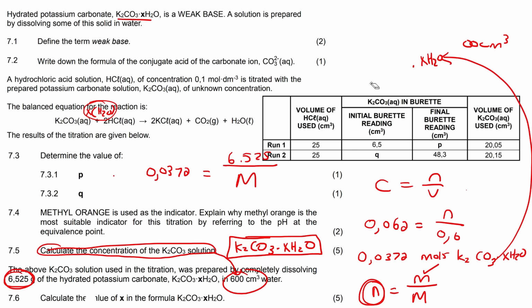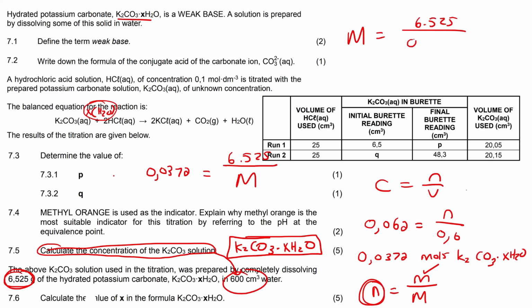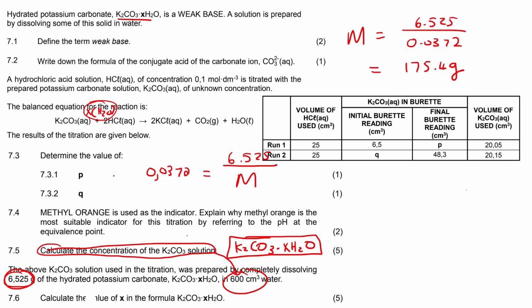So if we now calculate capital M, you're going to get 6.525 divided by 0.0372, and that'll give you 175.4 grams. Okay. So now, if we look on the periodic table at